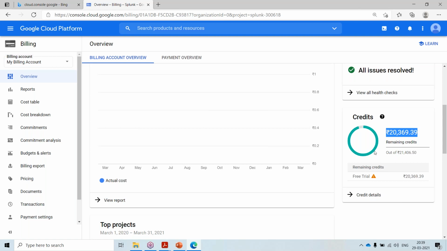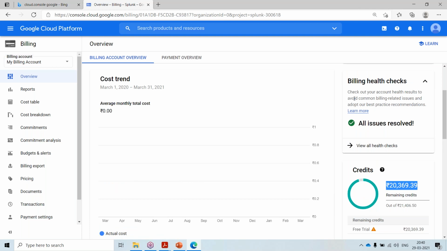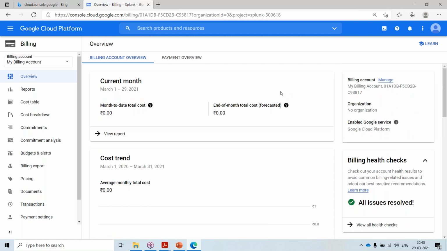That is one advantage. Once your trial period gets finished also, it won't directly deduct amount from your credit card. In AWS, if you use any billed service, the money will be deducted automatically. Here, even though the credit gets finished, money won't get deducted by default. You have to enable some setting, and only then will it get deducted. So that's why we are using Google Cloud.